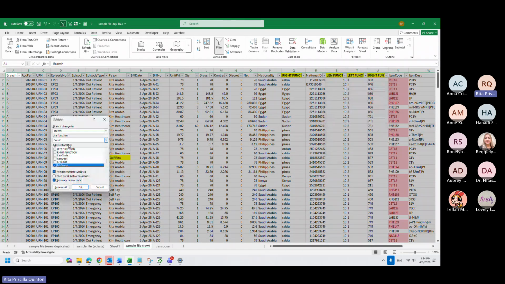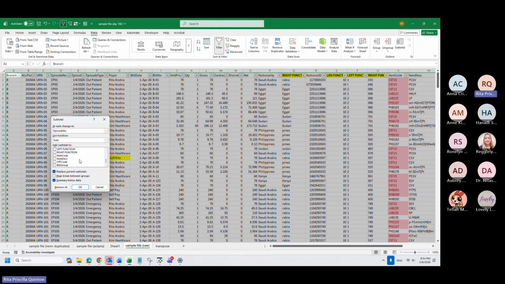Now, I want to see the total of each episode. I will say at each change in episode, give me the sum of what? Of the amount, which is the net. So remove the bill group here, and you can also do it for your gross discount like this.